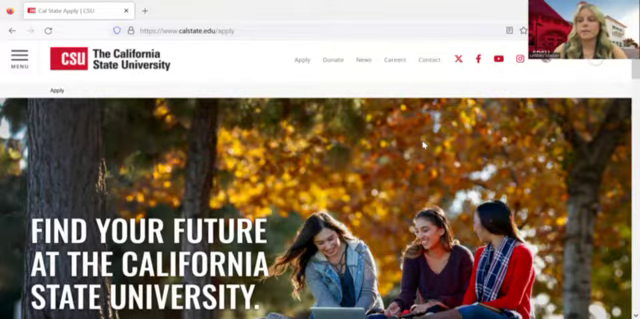Today, we are going to be going over the steps to complete the Cal State application, and we will be applying as a first-time freshman. The Cal State application is your college application for all 23 CSU campuses that make up the California State University system. So in order to get started with your application, you're going to visit